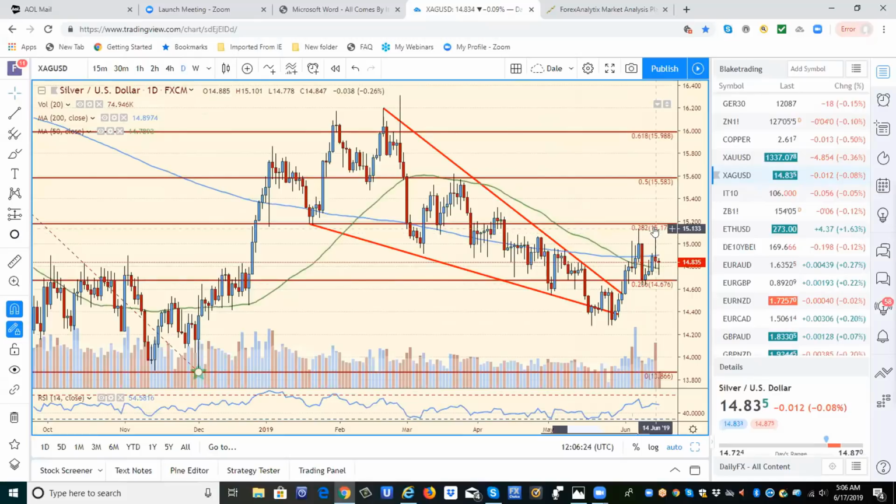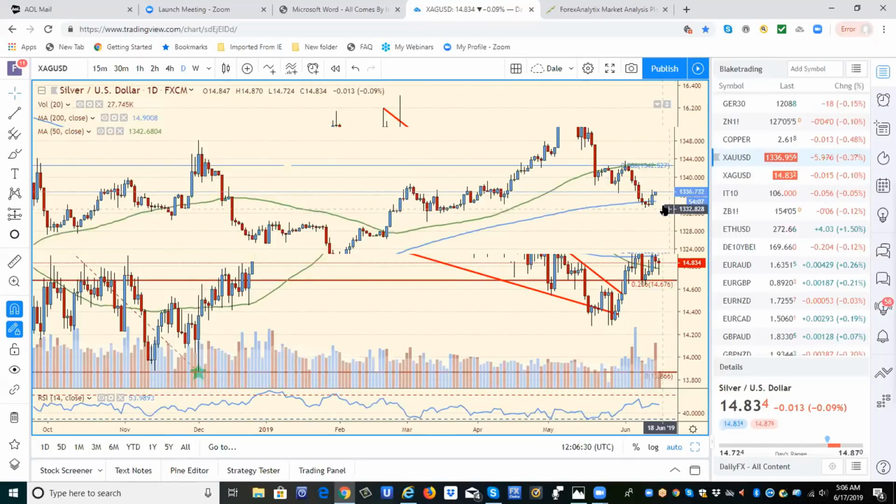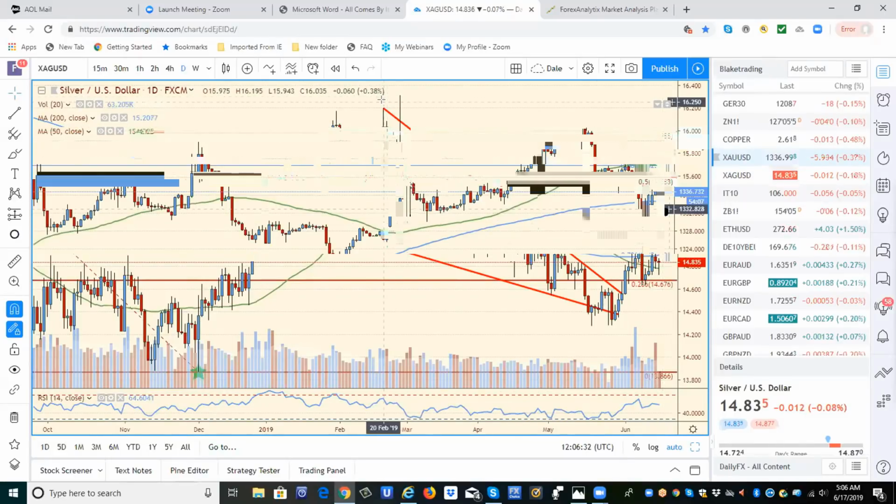If we get through this 1510 level, then we're looking at halfway back, maybe 1580. And eventually, if the wedge is true, be true to me, wedge, we could see the top of the wedge being accomplished. Okay. Any questions on my coverage of the markets this morning before I hand it over to Blake